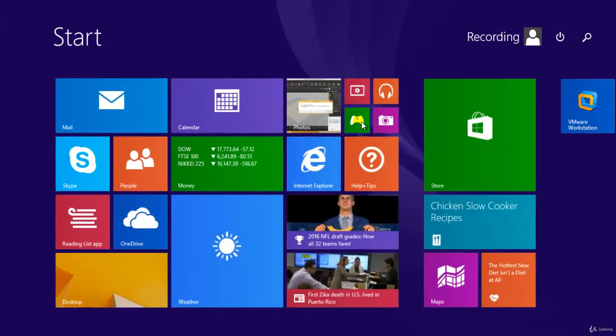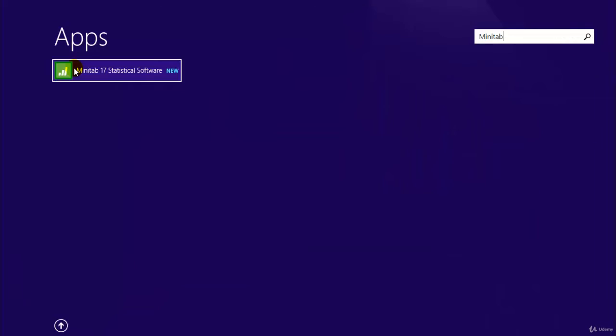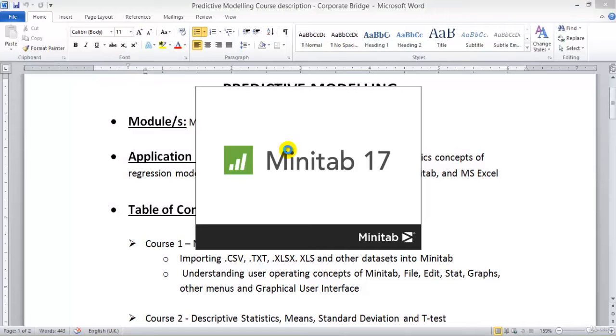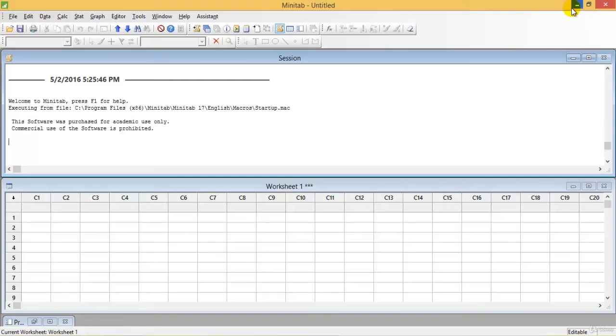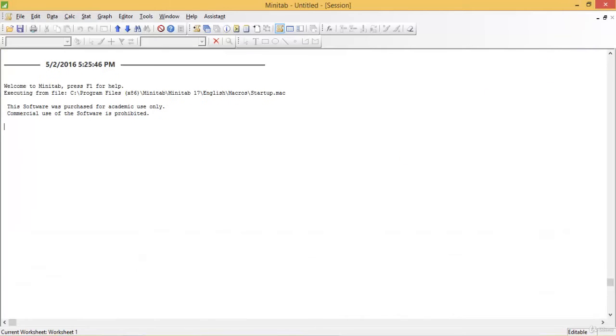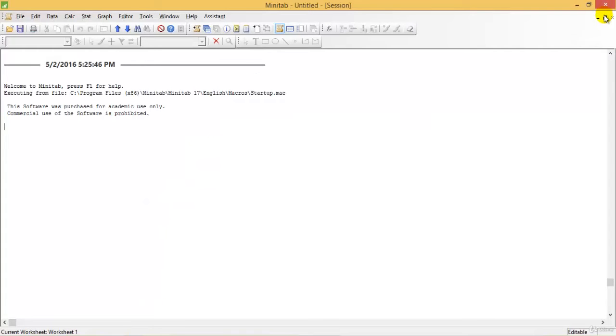Let me have a quick glance because I already installed it. Okay, let us type in here. Yeah. So out here we can see that when we speak in terms of understanding, importing the data, understanding the user operating concepts and other graphical user interface, what I actually mean is this: